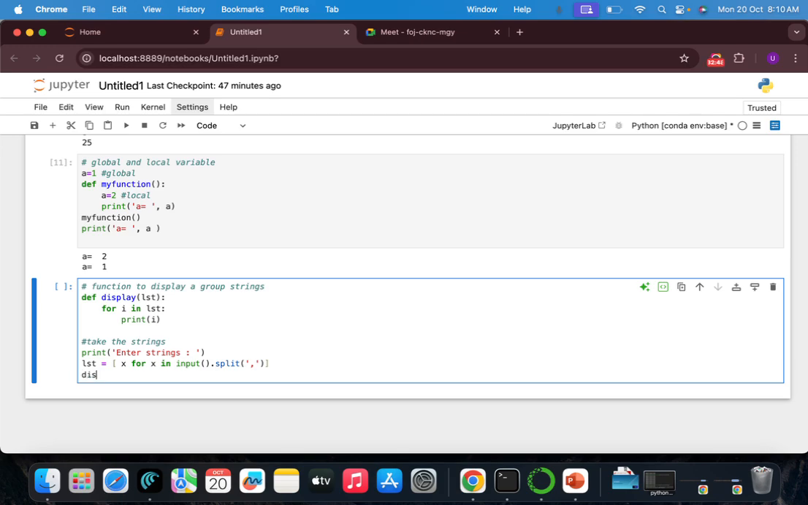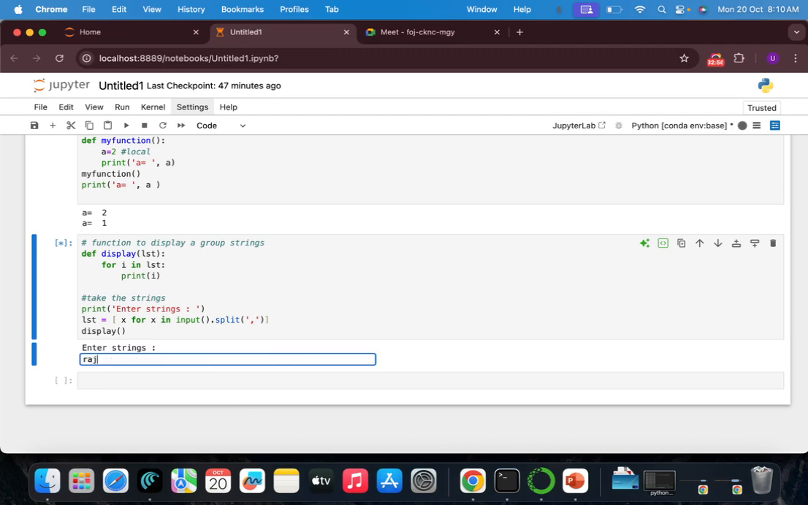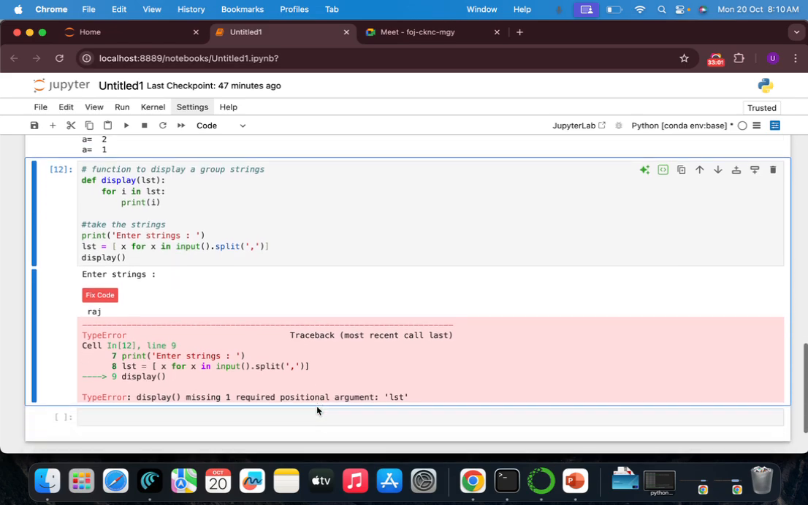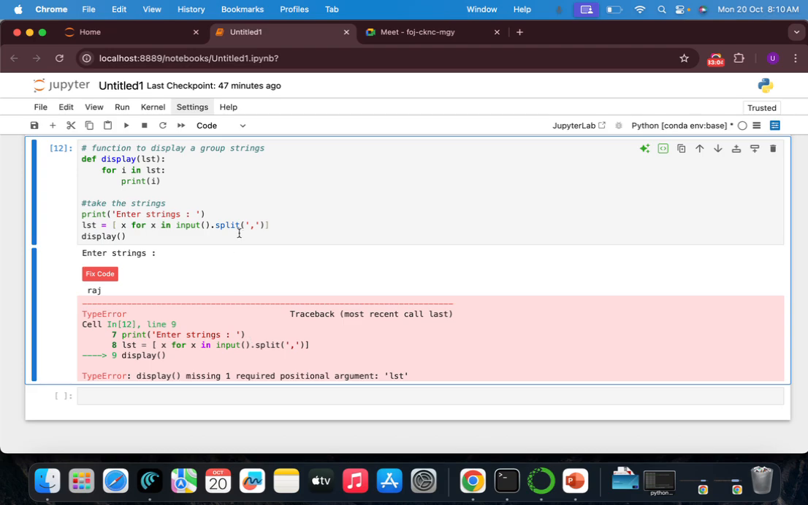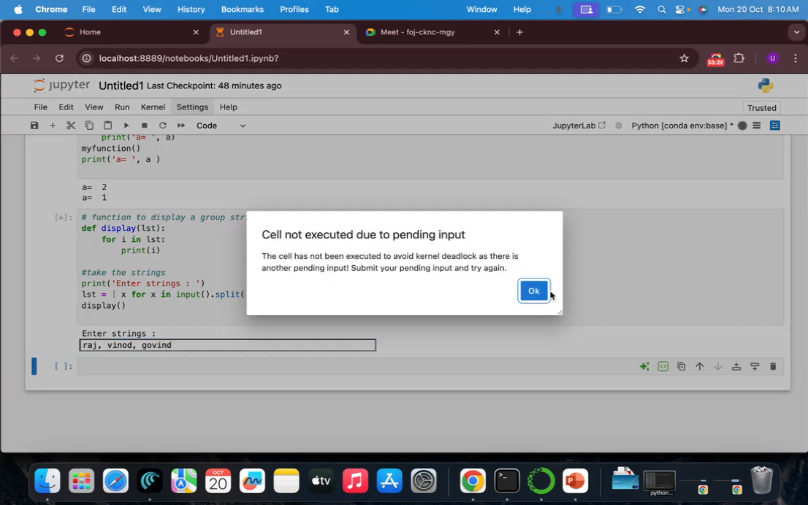Okay, now I will just display. So see here, if I'm entering any string, okay, any string, this is a string. Wait, I should include any string I'm including by separating comma and everything. Okay, these are my three names which I'm separating by comma. So I'm entering the strings and everything. Okay,